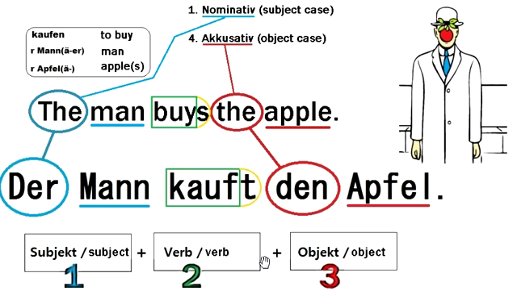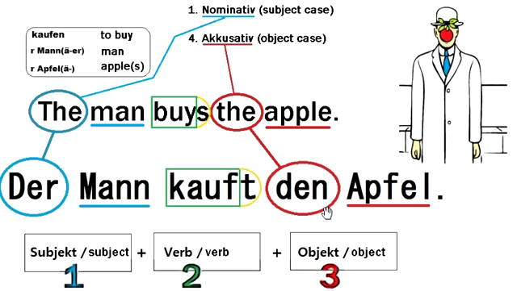So in English, the subject and the object are determined by the position in the sentence. But you can see that here the article the and the, it's the same article. But in German it is slightly different. You see der, here it's den. The reason for that is